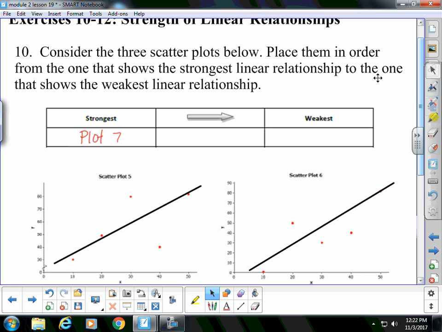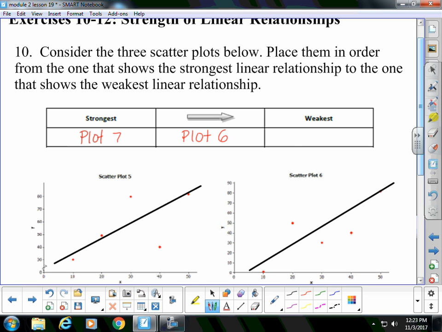I'm thinking plot 6 actually might look stronger because the distances of those points are actually looking closer to the line than the distances on plot number 5. So I'm thinking it's plot 6 next,